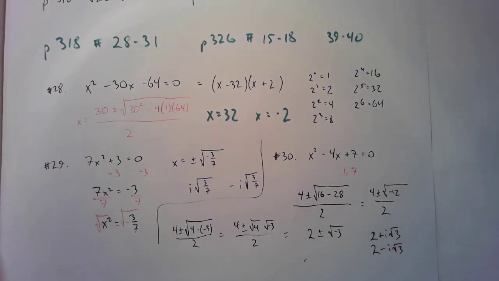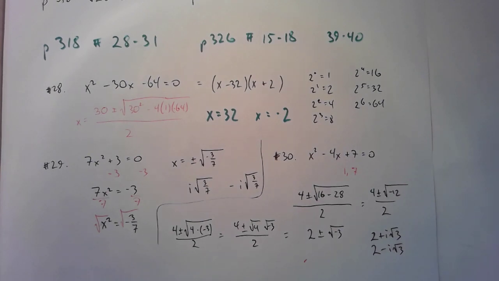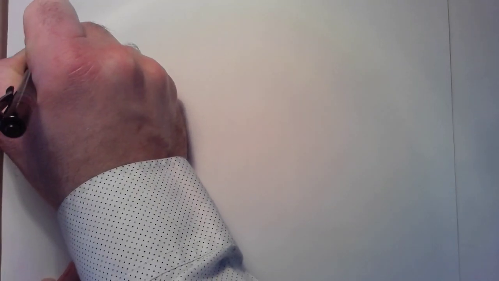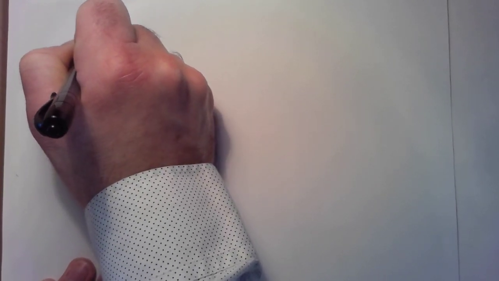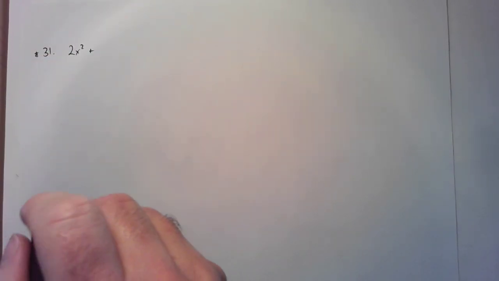Anyway, that's 28, 29, 30. Now I need to do 31. Then I can move on to the other page. So, number 31 on page 318 is 2x squared plus 6x